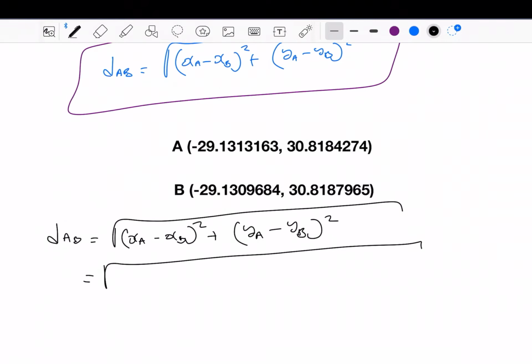Okay, so you can now square that, right? And then you say plus the y value of A. The y value of A is 30.8184274 minus the y value of B, which is 30.8187965, and then you square that, and then from there you find the square root of those answers, and you should get